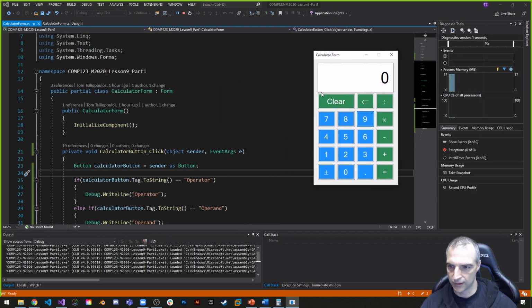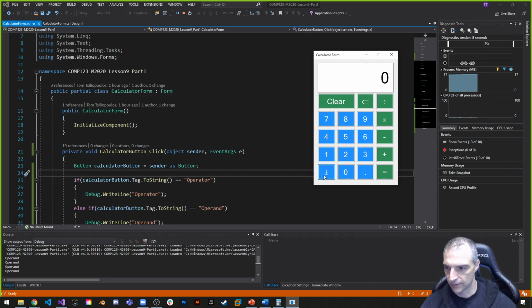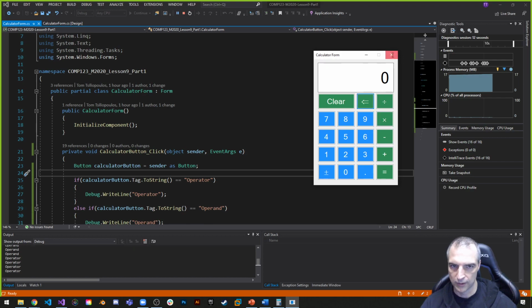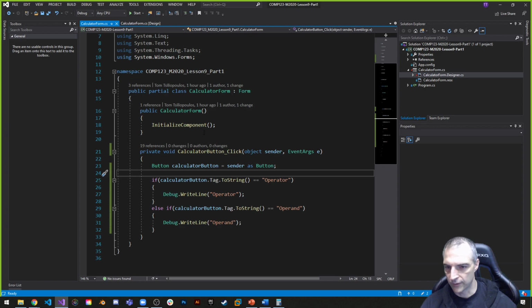So then, again, looking down here, if I click this, it says operand. If I click this, it becomes operator, and these ones are all operators too. Okay, that's pretty good. So that kind of shows us, proves out that this thing works. By the way,